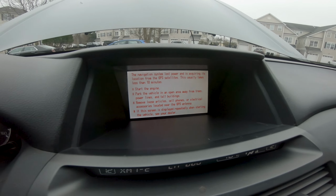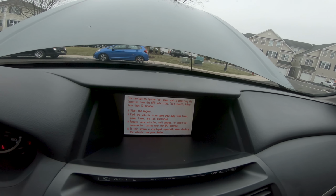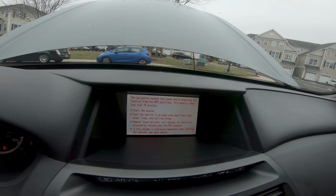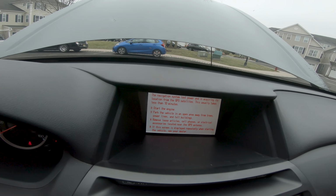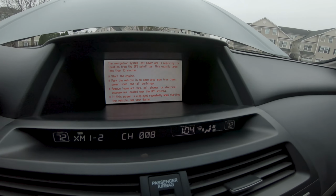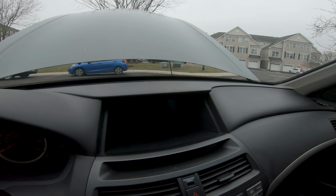I'm surprised the GPS is honestly taking as long as it is to update. Usually it kicks right in, and it might just be the current satellite positions or position of my car as to why it's taking a few minutes. But this will update, and it's done it before. I've reset this a couple times already just because I wanted to prep for this video. So even if I turn the car off and turn it back on now,